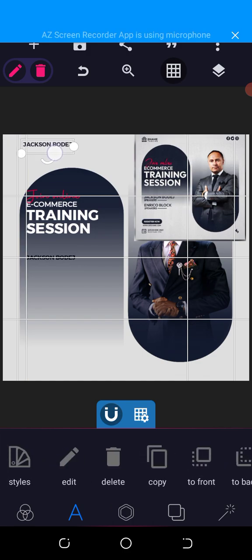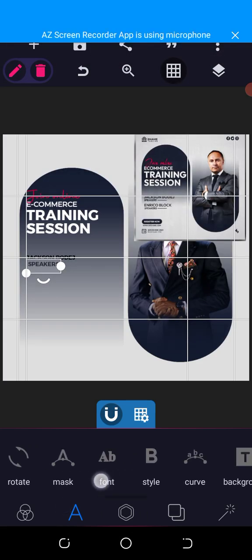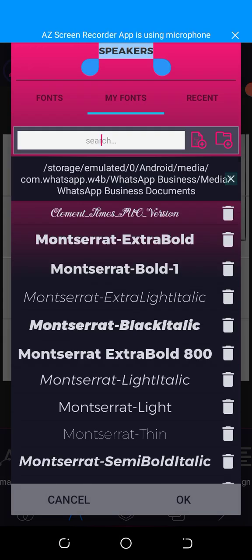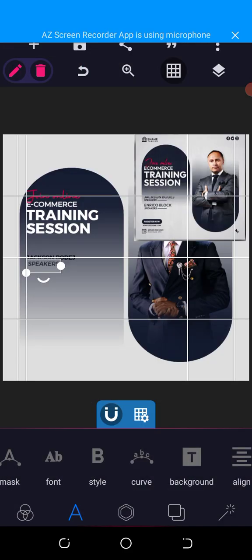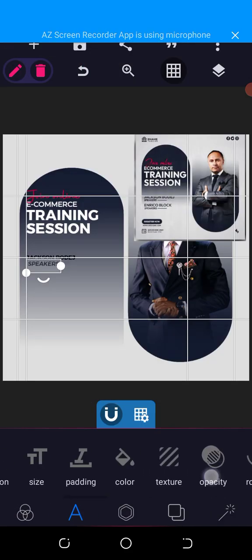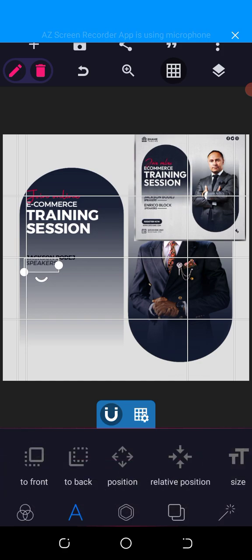Copy the link, put it here. Speakers. So the font here is something italic. So let's look at the Montserrat again. Same font, semi-bold italic. That's cool. All right, so we try to balance it up as well. So the next one is